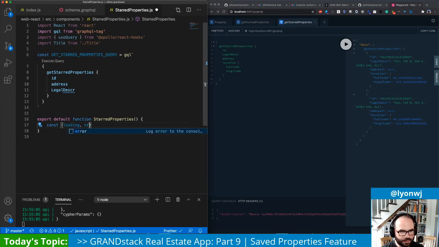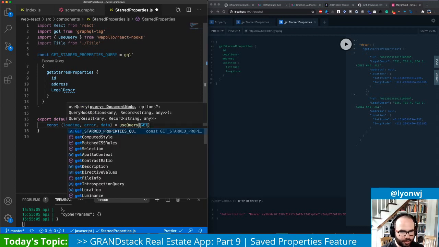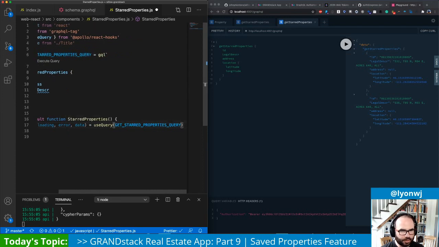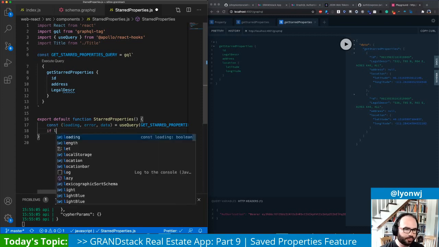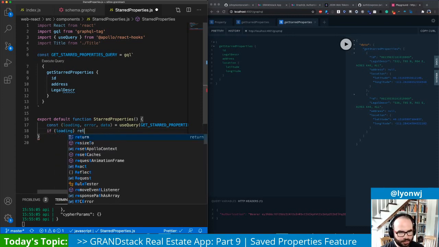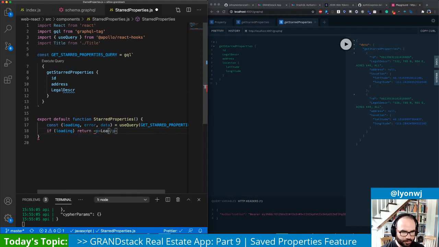So we get a loading state, an error state, and data back from the call to useQuery, and pass it the GraphQL query we want to run. If we're in the loading state, then we'll just return loading. If there's an error, then we'll return error. But if we have some data,